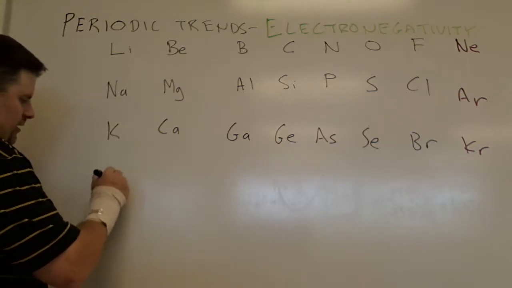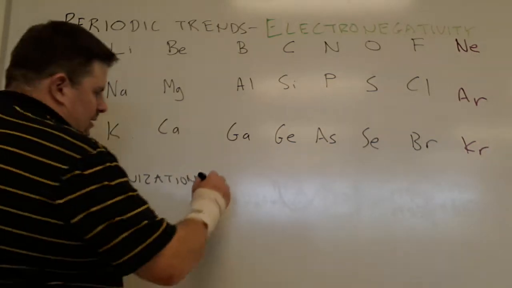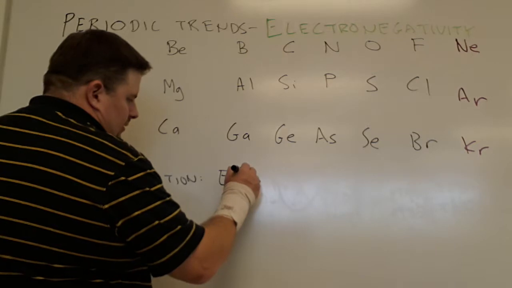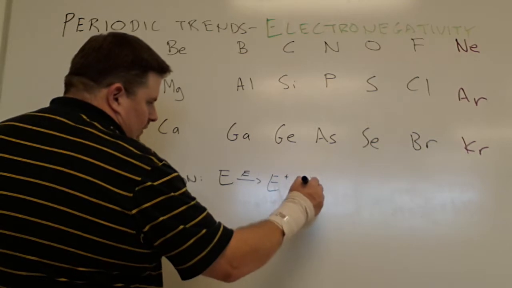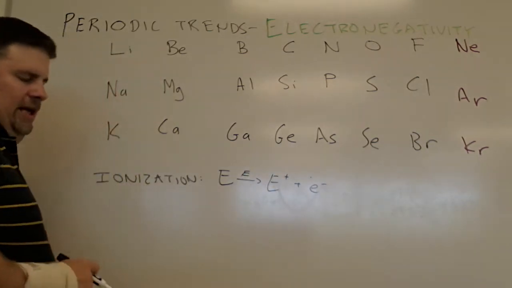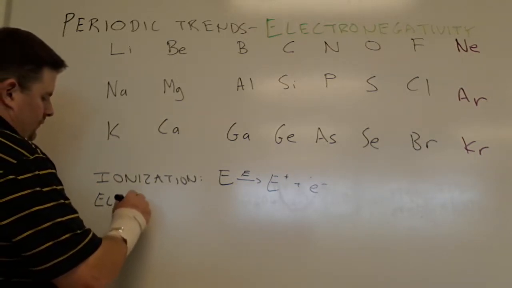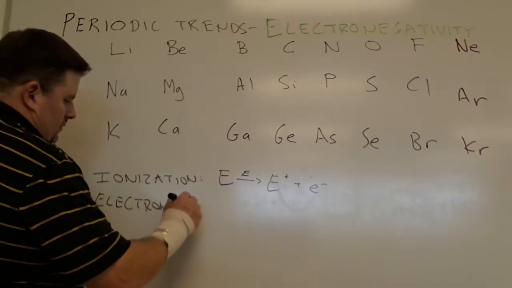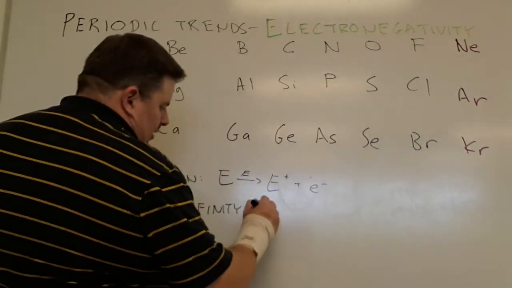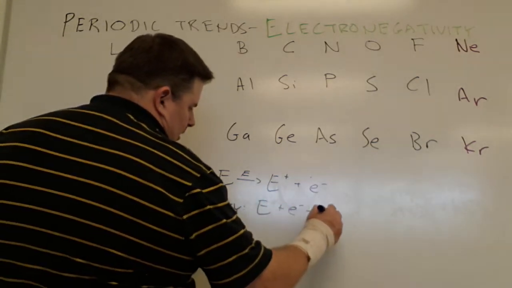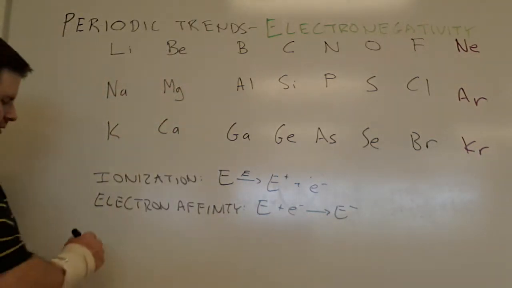So for ionization energy, what we're talking about is that an element absorbs some energy, and what happens is that your element loses an electron. The element gains a positive charge as an electron is lost. For electron affinity, you have an element and it gains that electron to become E minus. All right? For electronegativity,